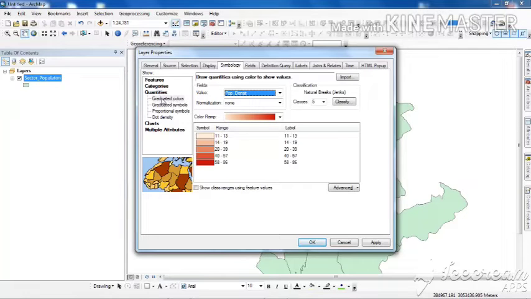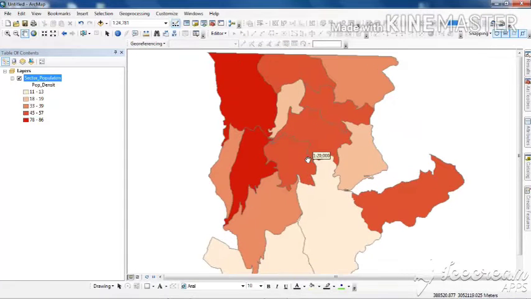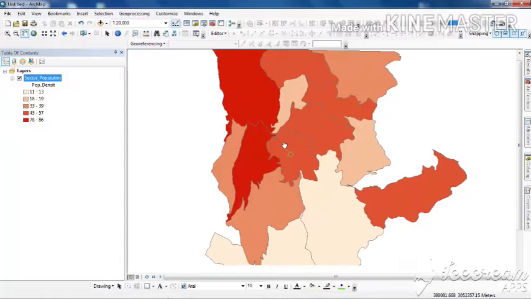Through the quantities I will use graduated colors, I am basically interested in preparing a chromochromatic map. So these are the classes I have already shown you. I will just tick this particular box, show class ranges using feature values, click on apply, click on OK. So up to this particular part we have already noted.